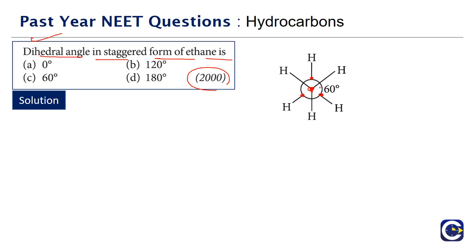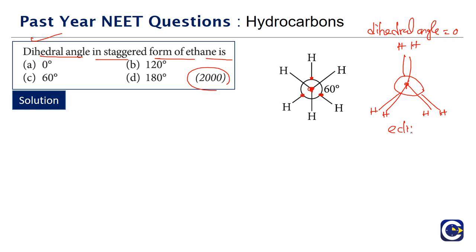Now if you see the dihedral angle, what is the dihedral angle? From the eclipsed. So from the eclipsed means the hydrogens would almost be aligning to each other. The hydrogens of the carbon which is facing us and the hydrogens of the carbon that is on the back side, they will be aligned to each other exactly. And in this arrangement, we will take the dihedral angle to be equal to 0. So the dihedral angle in this case will be equal to 0. This is the eclipsed form.